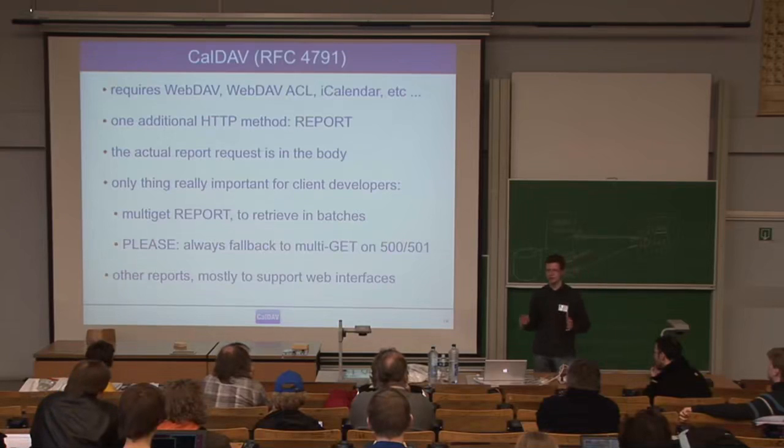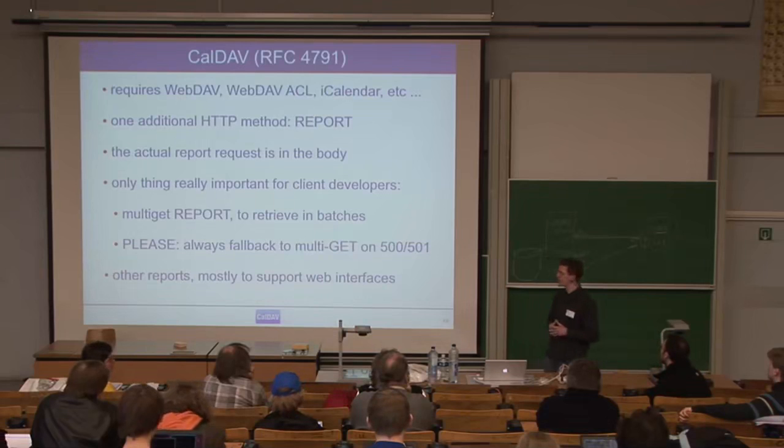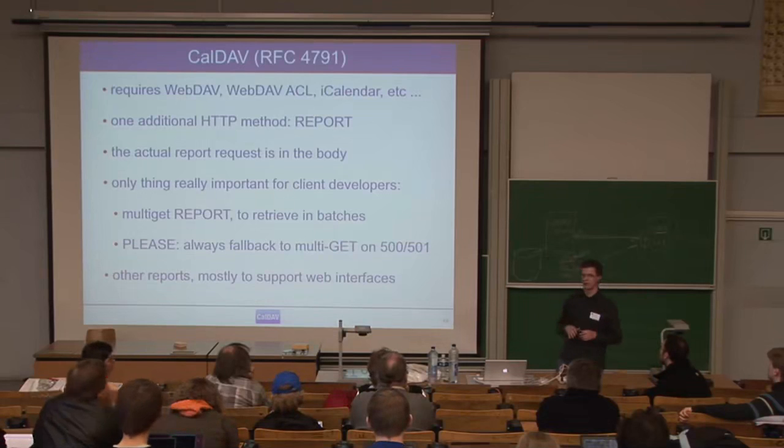Actually, that's not as bad as it sounds, because HTTP 1.1 also supports pipelining and persistent connections. So issuing 1,000 requests isn't as slow as one might think, but still, especially in database-based